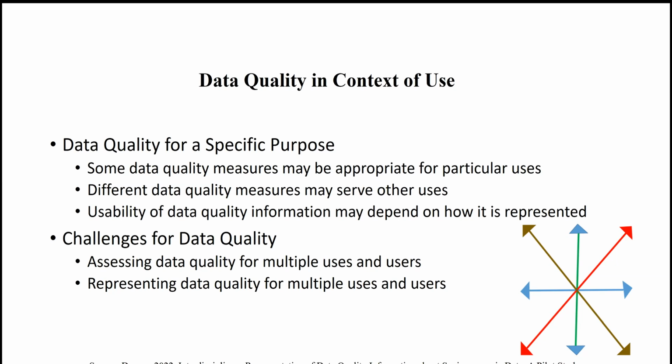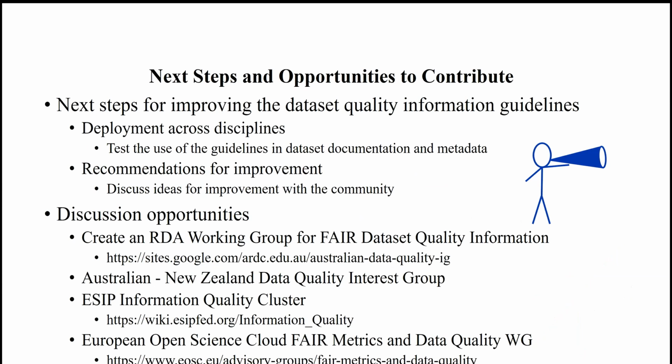Challenges for data quality, though, are assessing the data quality for multiple uses and users. If you're reviewing the data, you're looking at the data from your own perspective. And so supporting multiple uses or different types of uses than your own may be a challenge, and representing that data quality for such uses also may be a challenge. So in terms of next steps, I would recommend that we deploy the guidelines across disciplines and test those uses. And so that we can see and get recommendations for improvement from different disciplines, so that the guidelines would be helpful for being used within